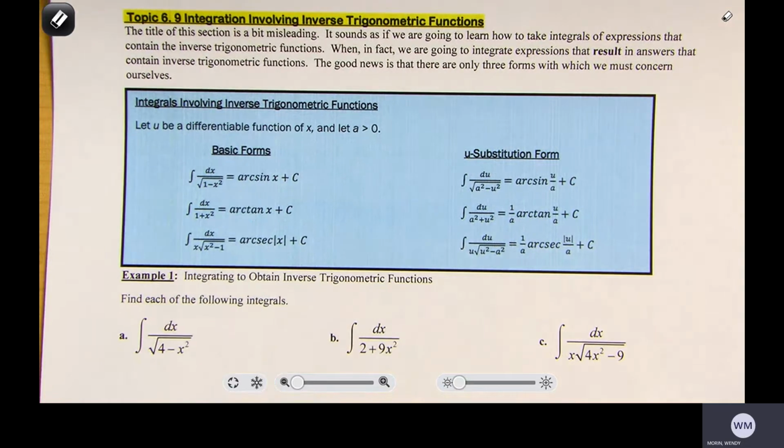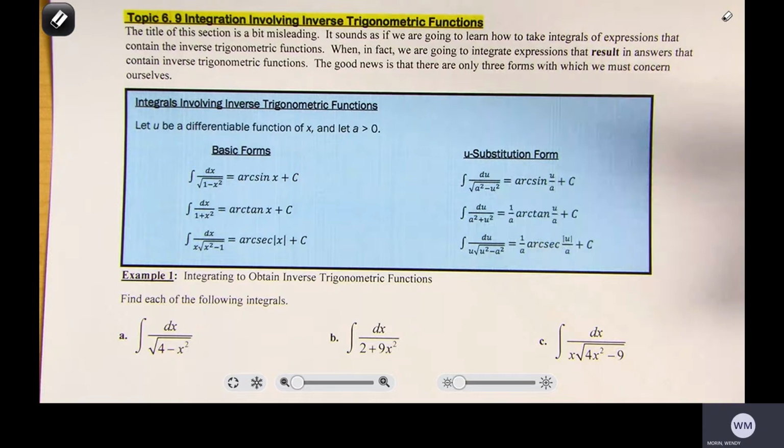Obviously, there's 6 inverse trig functions, but only 3 of them appear on the test. One of these 3 will usually appear on the test, not all 3. Again, that's what usually happens. But I'm going to go over all 3 of them, and the bottom line is you need to memorize these. So if you want to put them on note cards and start memorizing them,